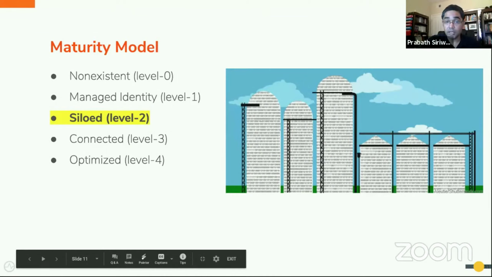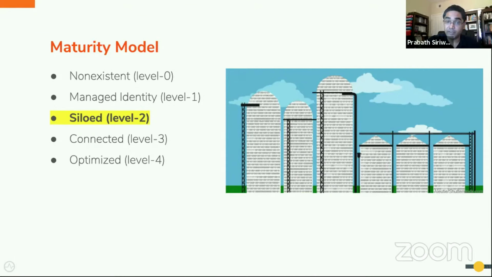Level 2 is one step forward from the managed identity phase. Here you have an identity management system in place, and you also worry about having a CRM system, a marketing platform, an e-commerce platform, a CMS, a data management platform, and many more to know about your customers better. One deficiency we see in the companies in this phase is, even though you collect customer data at different contact points, the data sources are still disconnected and do not help in building a unified profile for a given customer.